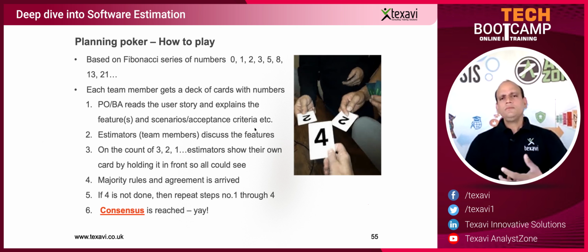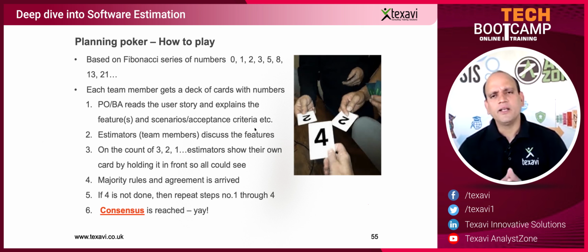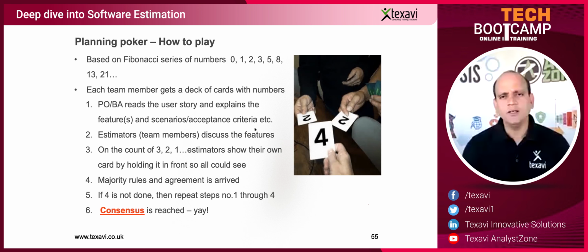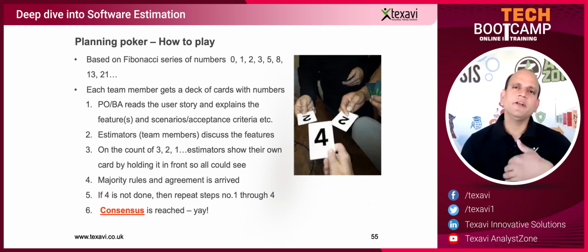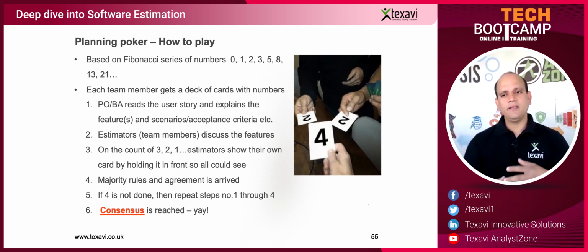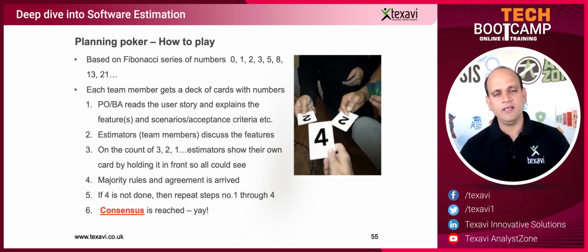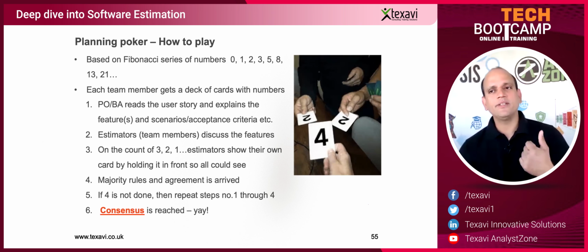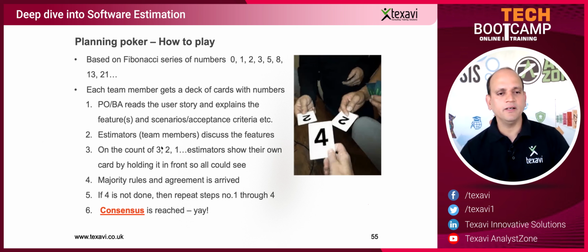Each of these could be different: a 21 could be a really big number in one case, whereas it could be a very small thing in the same context for a different team or a different set of technology. So it's all relative. Bear in mind that you're dealing with things in a relative way, not absolute numbers. A 1 to you might be different from a 1 to me, right? So you need to establish that. We need to have a benchmark or a standard that is agreed upon within the team, so they know what they're talking